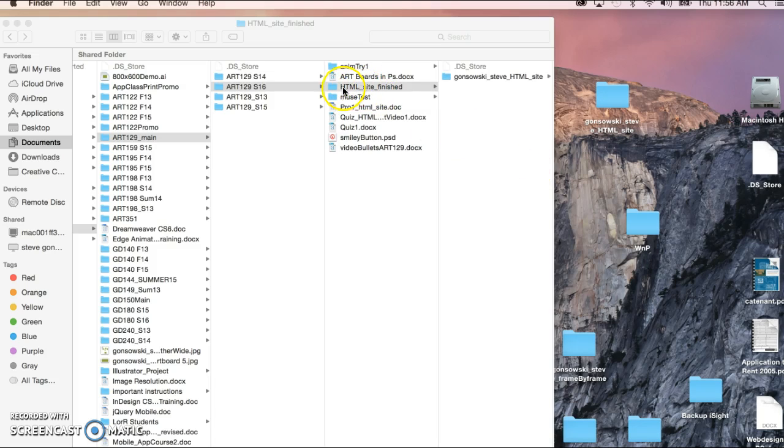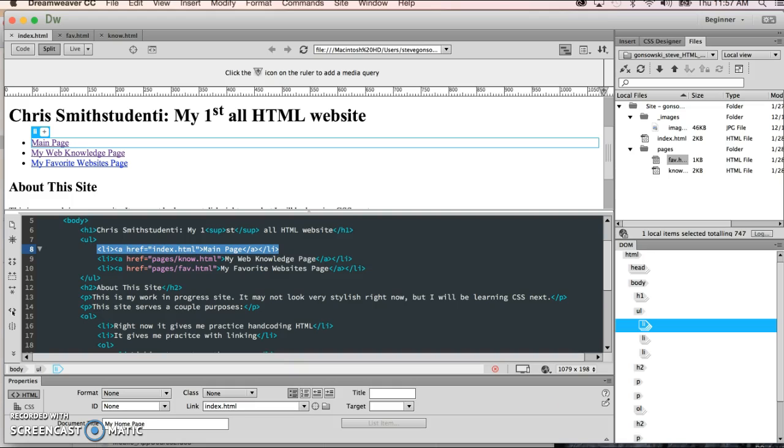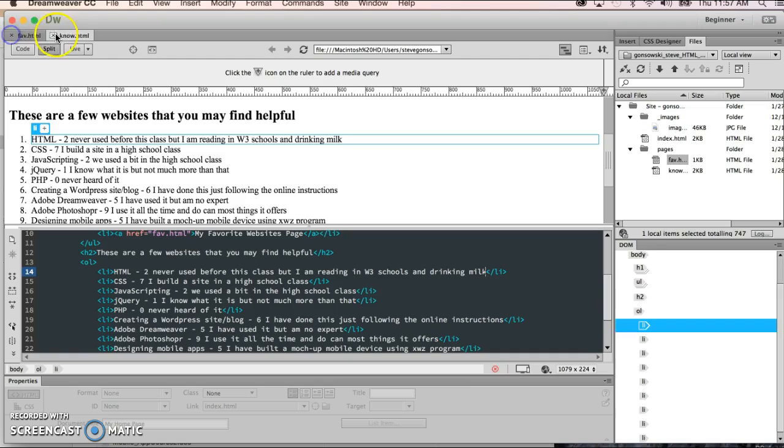So I put my finished one in here. So I don't want to mess with that. So Dreamweaver would still be pointing at this one. I can go ahead and keep working. But let's say that I'm just reviewing this before I'm about to turn it in and I notice there's a mistake on it. So what I would do is go into Dreamweaver, make sure that I close everything down that's opened up in here,